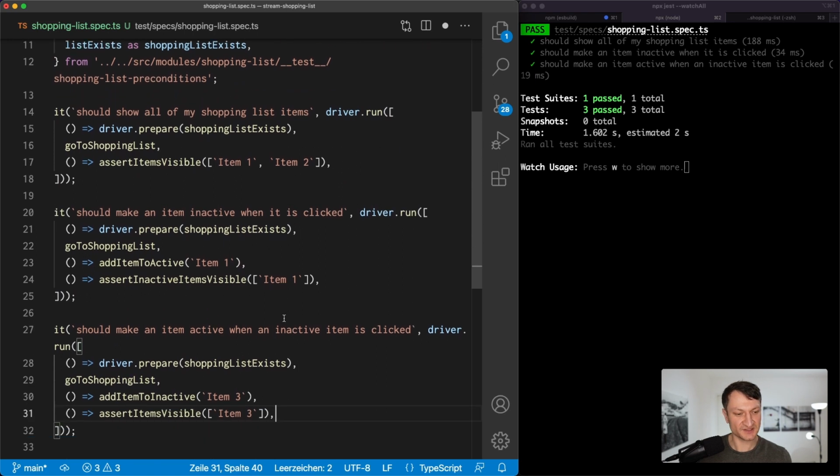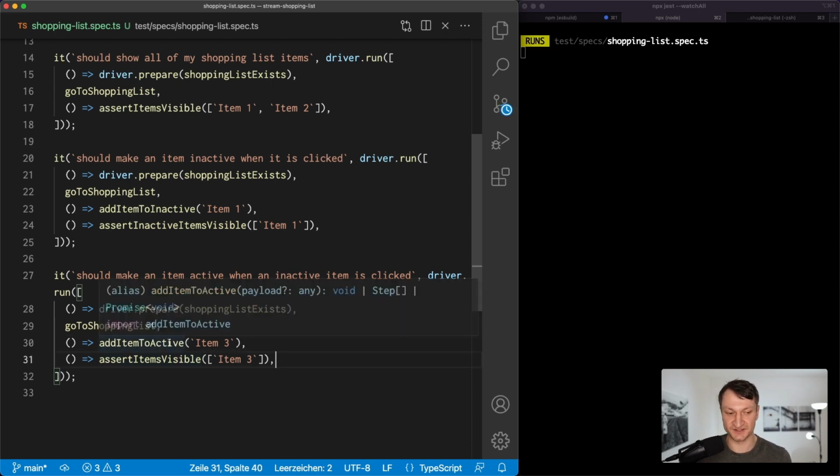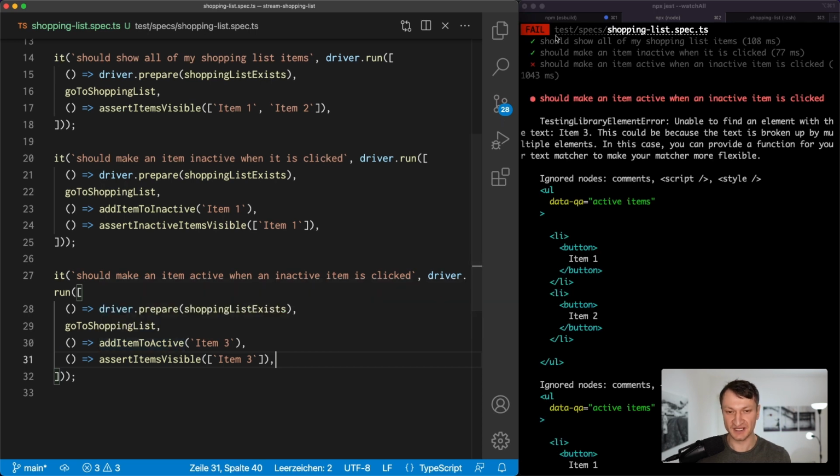Actually this one needs to be add item to inactive, and this one needs to be add item to active, because the implementations are exactly the same. It doesn't matter that this still works, but otherwise it's confusing. So now the first two still succeed, like we expected, and the third one does not